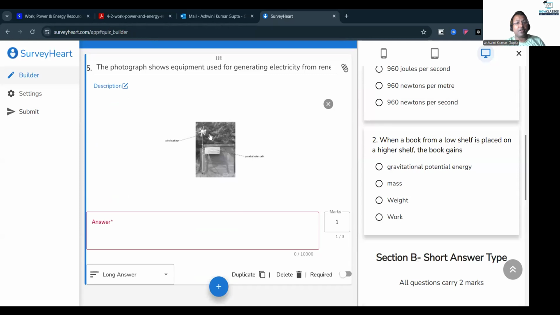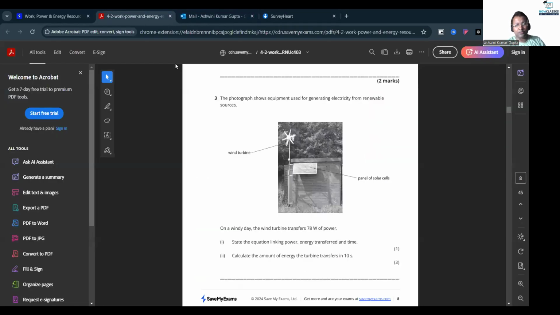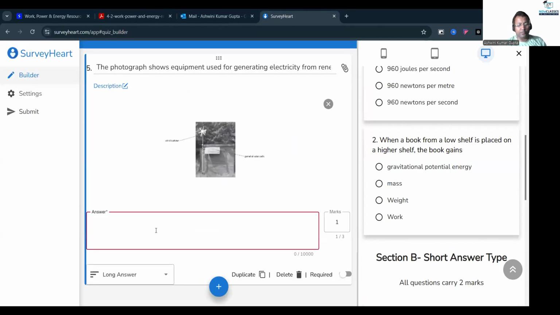See, sometimes it will be very blurry, to be very frank. So these images we can send in the chat option during the class. Now here you can add whatever things you like, like the amount of energy from a turbine in 10 seconds. So I'm just giving you energy